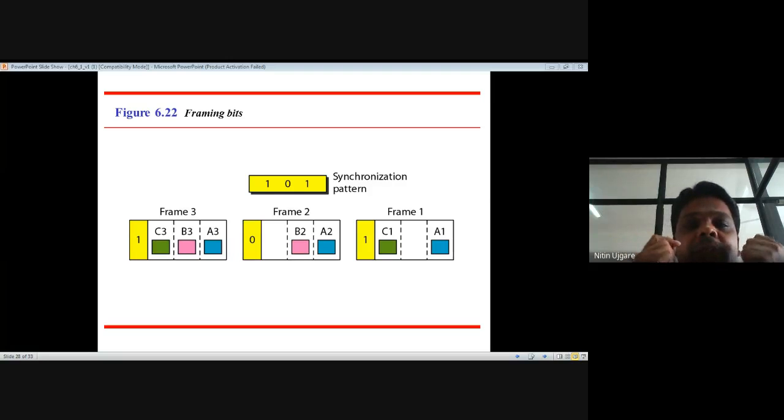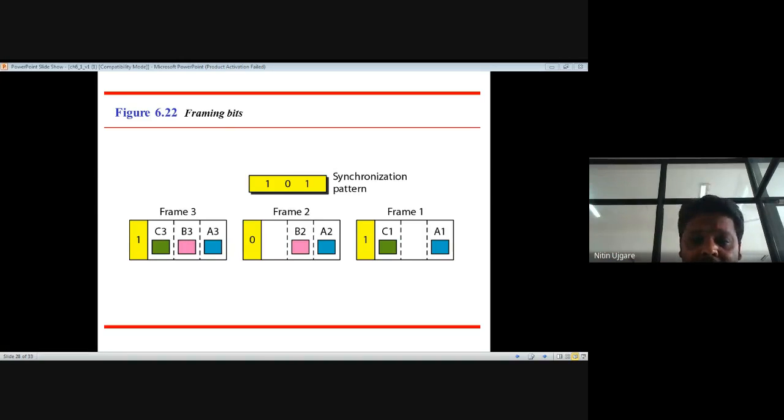So what is synchronization? The clock of the sender should be synchronized with the clock of the receiver. For this reason, one or more synchronization bits are usually added to the beginning of each frame, so as to ensure synchronization between sender and receiver. These bits are called framing bits, which follow a pattern from frame to frame that allows the demultiplexer to synchronize with the incoming stream so that it can separate the time slots accurately. In most cases, this synchronization information consists of 1 bit per frame, alternating between 0 and 1.